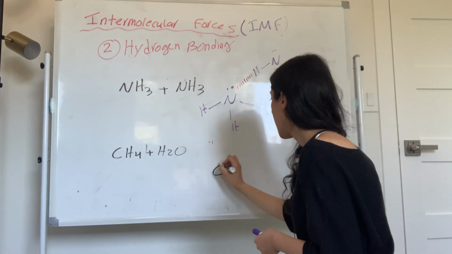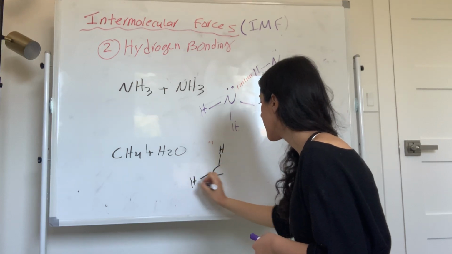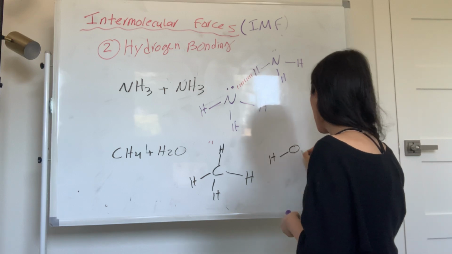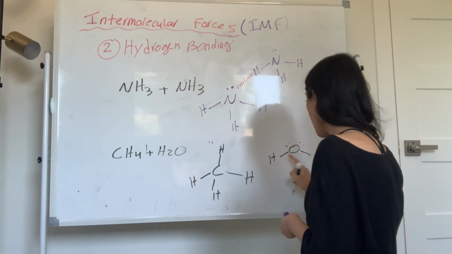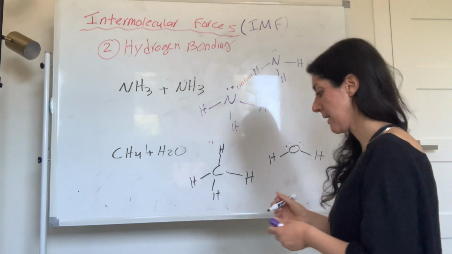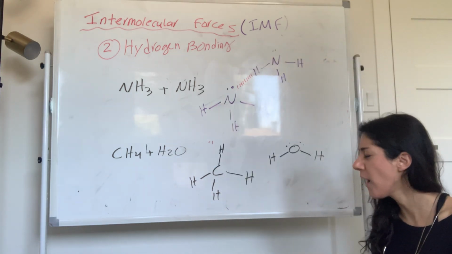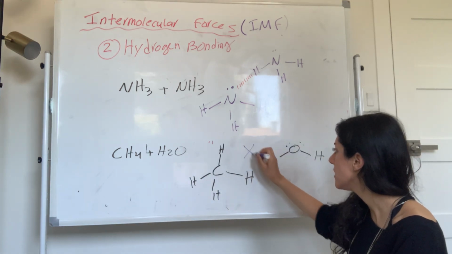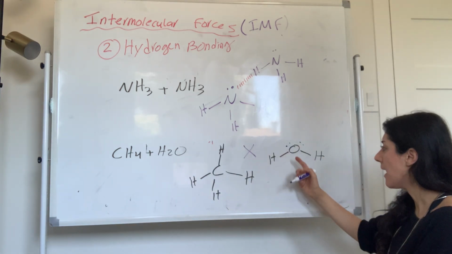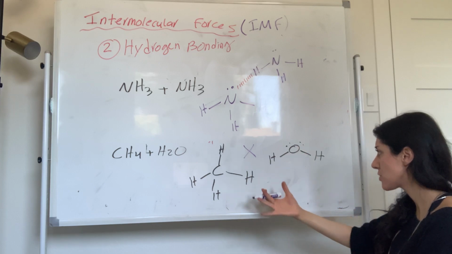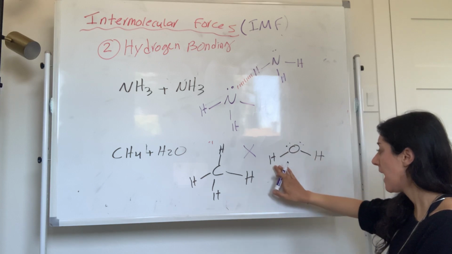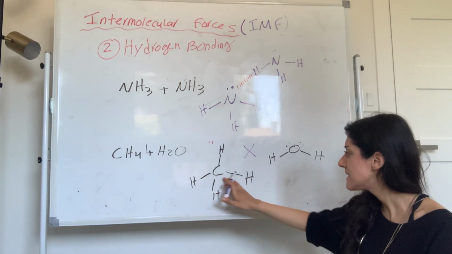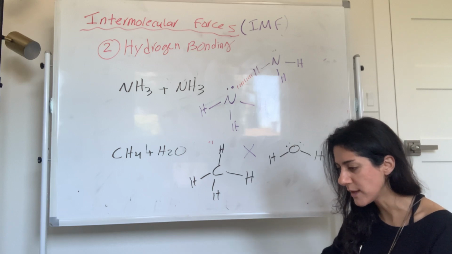I'm going to draw the Lewis structure for CH4 and H2O. I already know that H2O has OH, so it could do hydrogen bonding. But can CH4 do hydrogen bonding? No, this hydrogen bonding is not going to happen. Here's why. This water can do hydrogen bonding. It has a lone pair to give, and also this hydrogen is electron deficient. But over here, CH does not do hydrogen bonding because